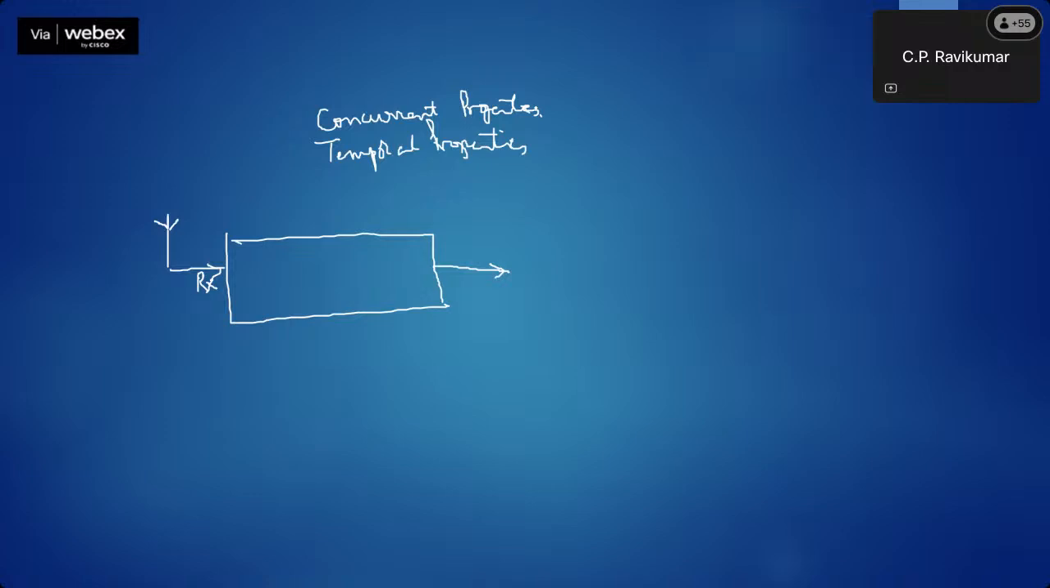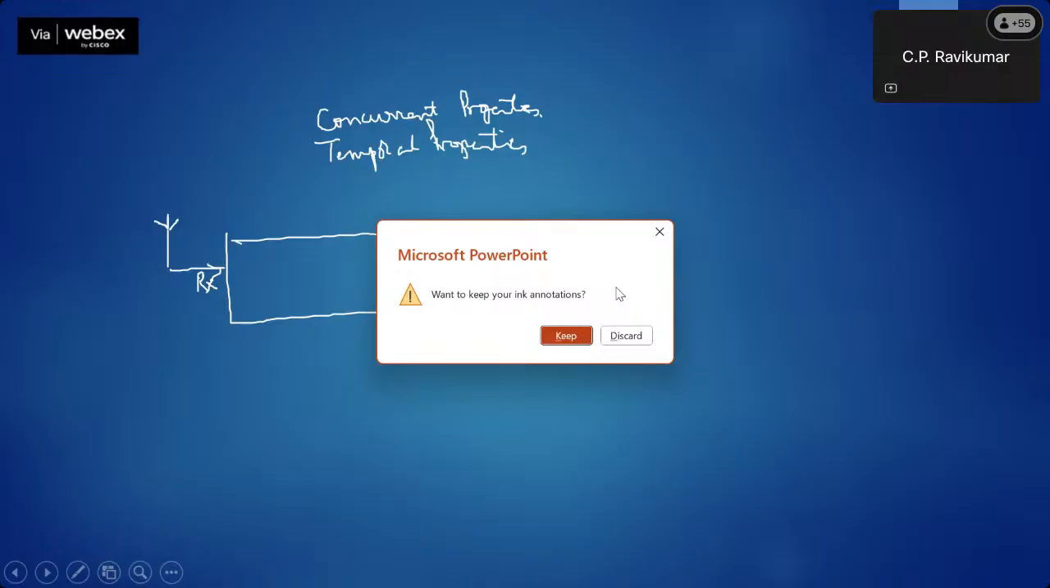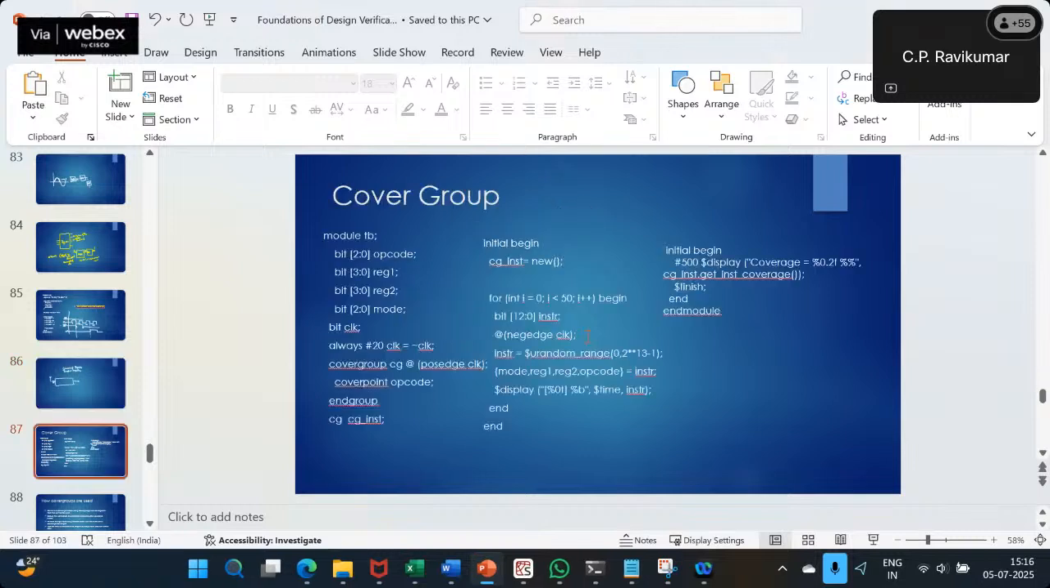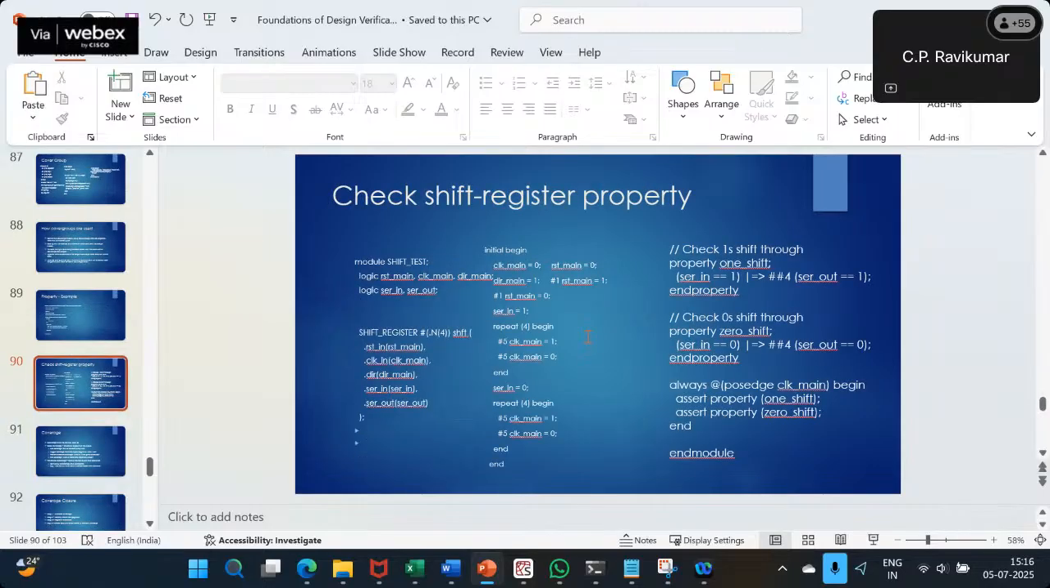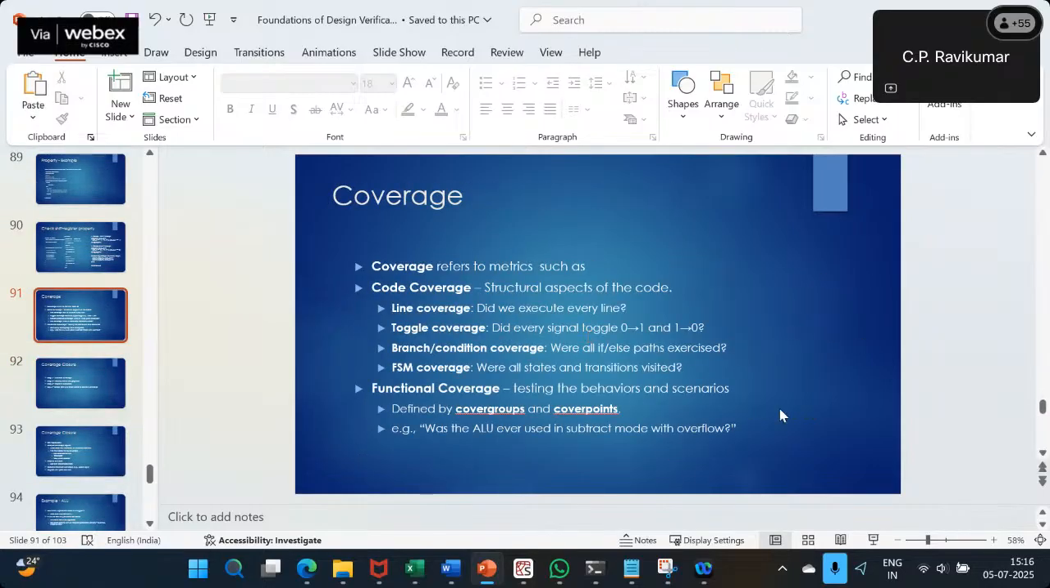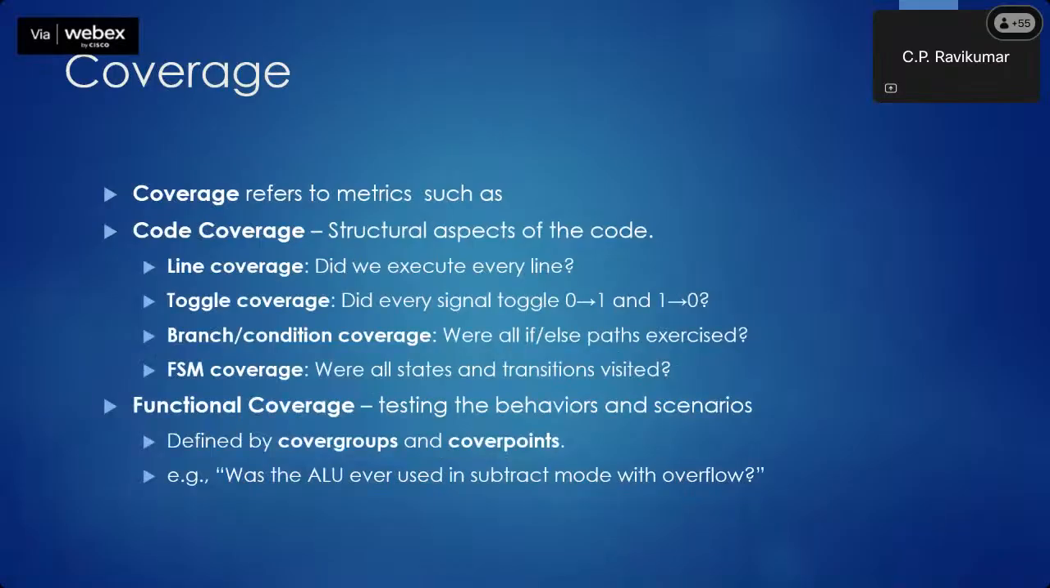Then another thing that SystemVerilog provides is what is called support for functional coverage. See, when we talk about coverage, I think I have a slide on this. So here is a slide on coverage. Coverage usually means,